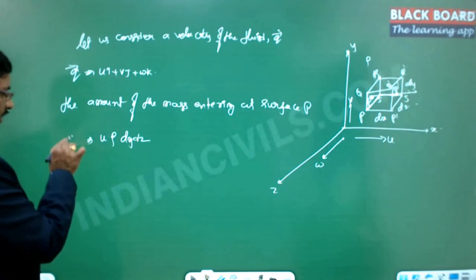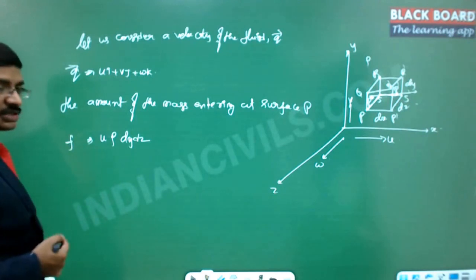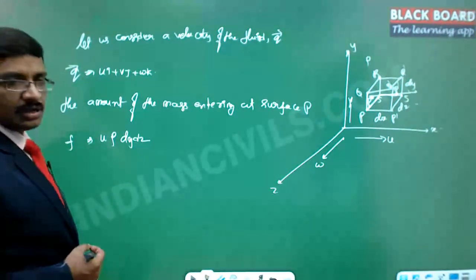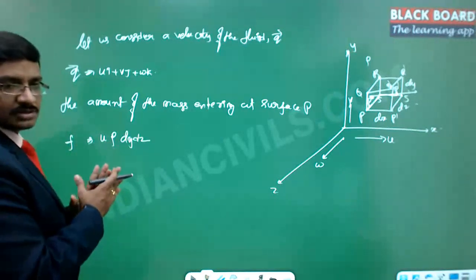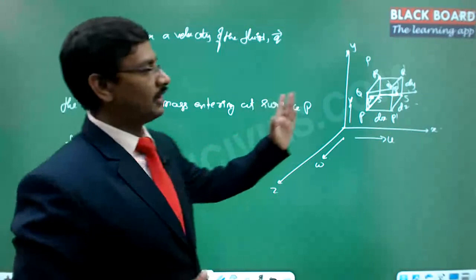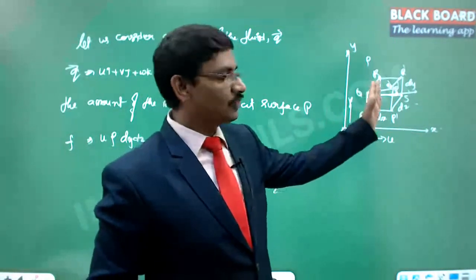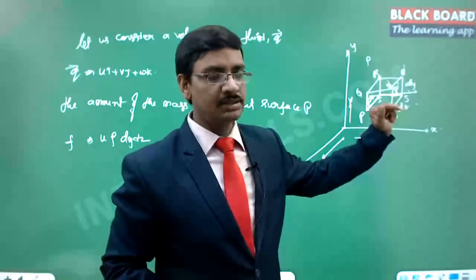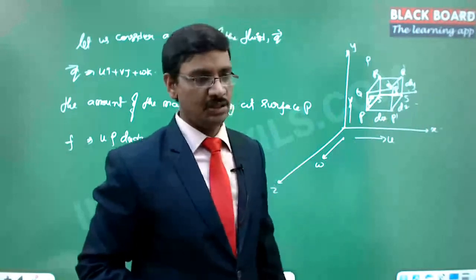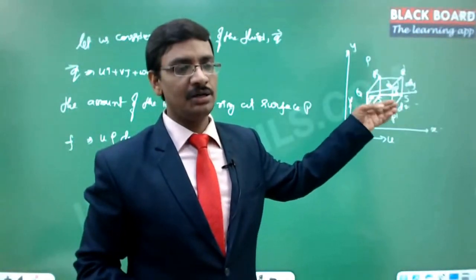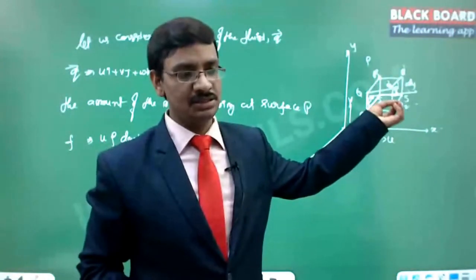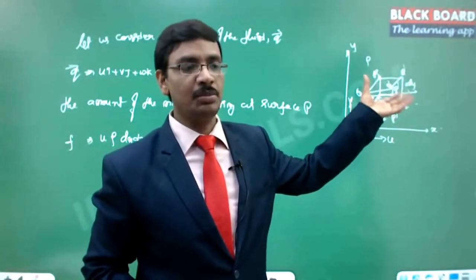Now let us call this as f. So this f may be a function of x comma y comma z. Now this f value is nothing but the fluid flow rate at that particular incident. So fluid flow rate at point P. Now the same fluid flow rate at the point P dash is obviously expected to change. So once it enters, it may change its velocity or it may change its density, or its direction also it may change.